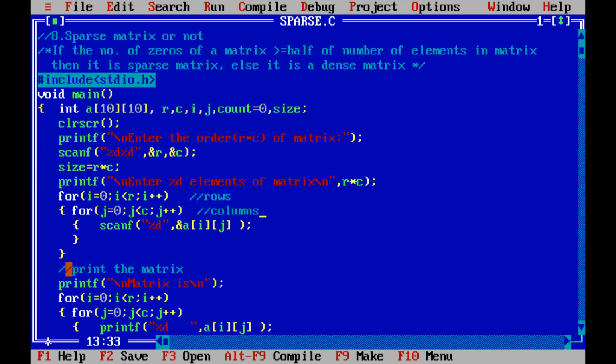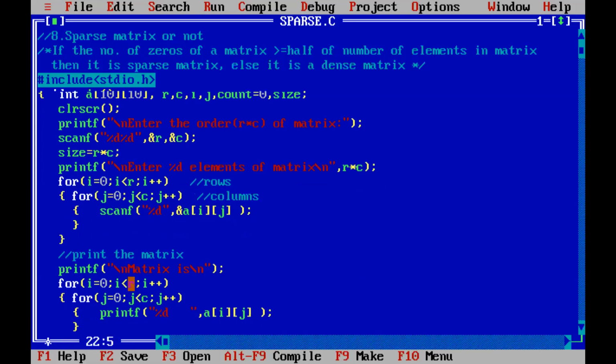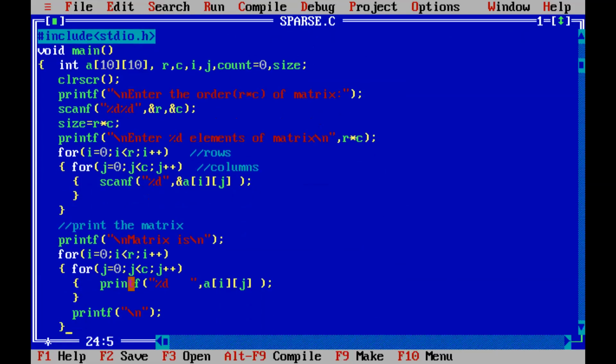After that, we will be printing the same matrix. How do we print it? Again, to access the elements of a matrix, you require two for loops. The outer for loop is for the number of rows and the inner is for the number of columns. Then after every element, we have to give a space. You can either give a tab space, but a tab space takes 8 blank spaces, which is more space. So instead of a tab space, you can give your own space. I have given a couple of spaces here. Then you have to print each element of the array.